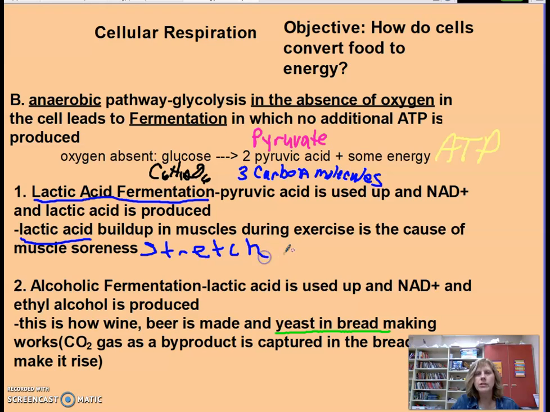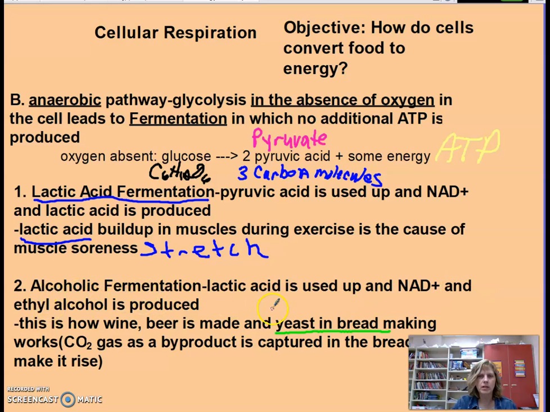If I do a workout like any sort of aerobic workout, there's always a cool down at the end where we do all these stretches, and it really does help prevent sore muscles, and part of that is releasing that lactic acid. The other thing, and we see this more obviously in things like yeast and so forth,